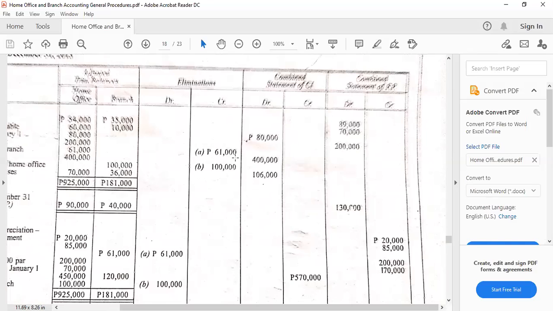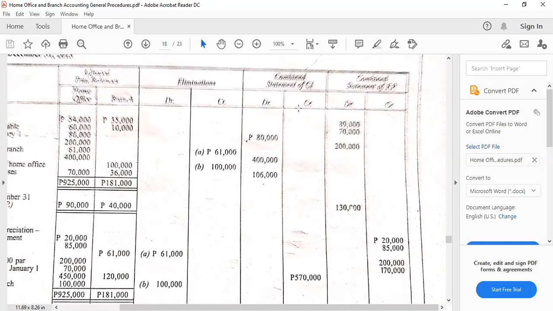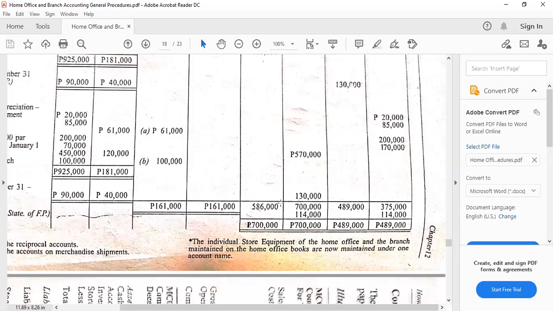So adjustments, again, prior to this should, of course, be equal in totals. Adjusted trial balances should be equal, eliminations as well. The combined statement of comprehensive income and financial position would not be equal at first instance because the difference is the profit, which should be equal to both. You can notice that this is a profit because the credit side of the statement of comprehensive income is greater than the debit, represented by the revenues or income against the expenses. So this is profit, and then we add it to the smaller amount, and we get 700,000 totals for the statement of comprehensive income and statement of financial position, respectively.